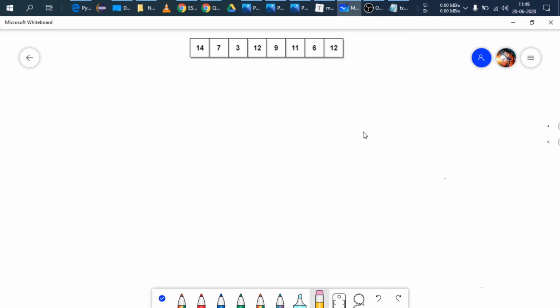Now the question comes, why do we need sorting? We need sorting because it makes it easier for us to search for data in a sequence. When we search in a sorted list for a particular data item, suppose we want to search for 10 in a sorted list of 1 to 15, we know that 10 would be after 9, so sorting makes it easier to search for a particular data item.